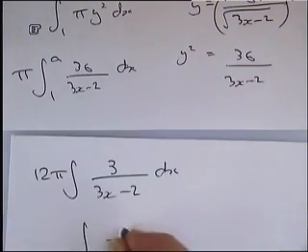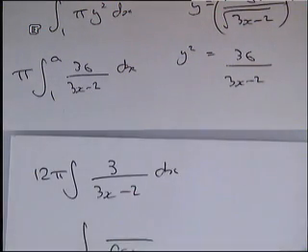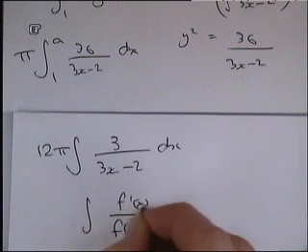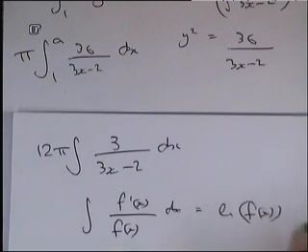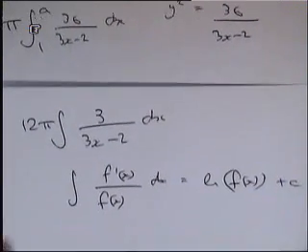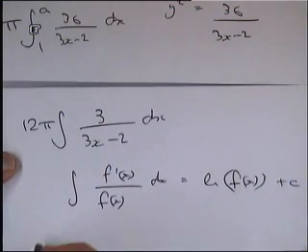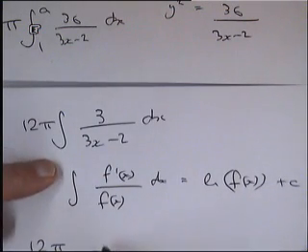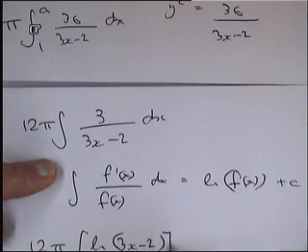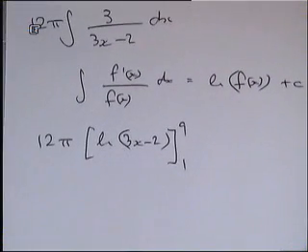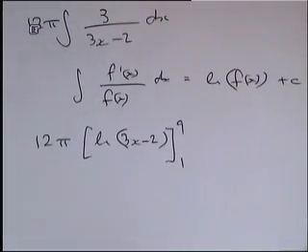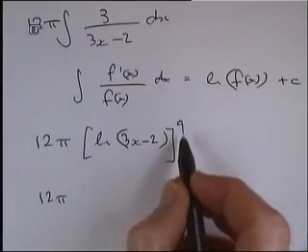If you're integrating a fraction where you have a function on the bottom and the derivative of that function at the top, the integral is log of the function on the bottom plus a constant. So from that line up here, I can keep my 12 pi, and the integral is log of 3x minus 2. Now the limits I need in this question were 1 and 9, so I can put those in. Now it's a case of evaluating this. So I'll have my 12 pi. When I put 9 in here,